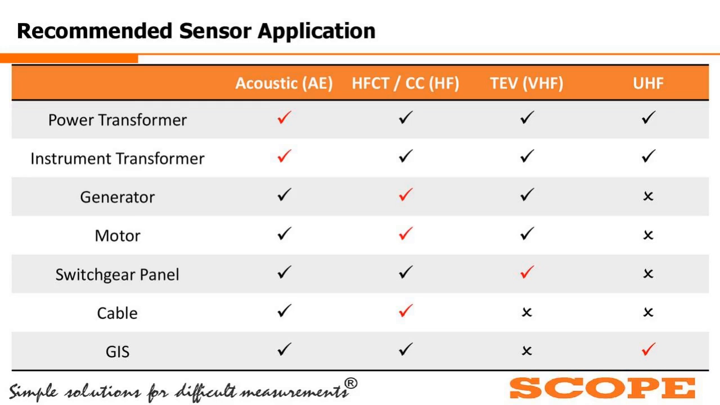Then when it comes to switchgear panels, TeV is most suitable for detection or localization of partial discharges inside the switchgear panels. When it comes to cables, again, HFCT and coupling capacitor are the most suitable ones. And in case of GIS, UHF is the most suitable. So this is just a rough sketch of how you should be looking at a particular solution whenever you are going out there to find one. Okay. Next,